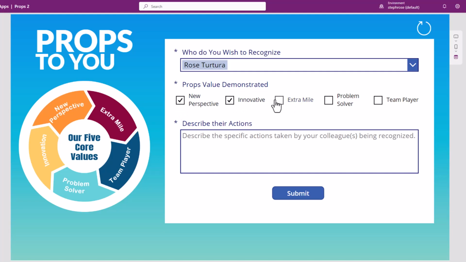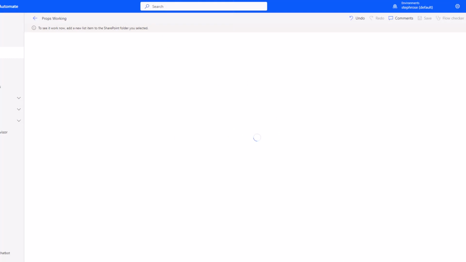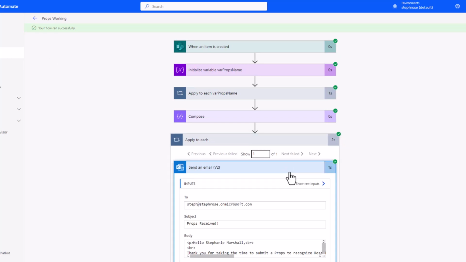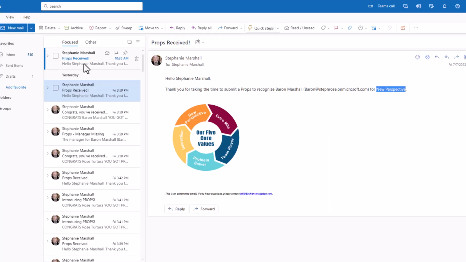I'm going to give it, well, let's give it all 5 options. See how it handles it. And testing compose. Hit submit. Now if we go back to our flow, we're able to see that the flow ran successfully, and expanding out every one of these, we can see what happened, as well as in my email,